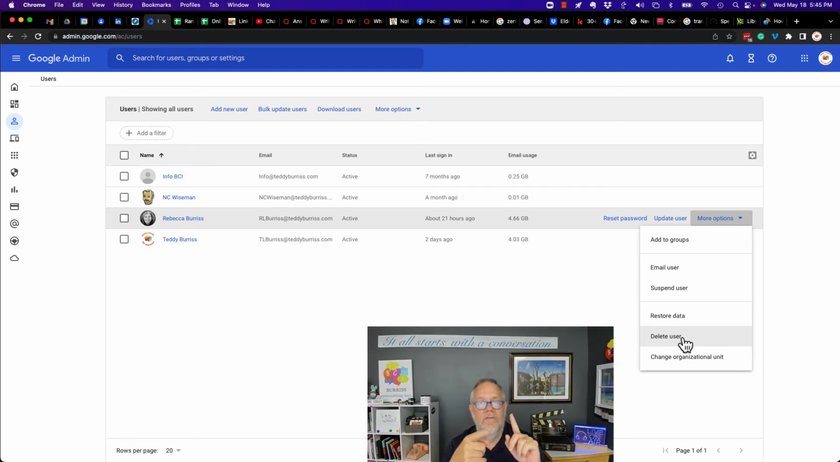Gmail, it's either you have an account or you delete an account. Google Workspace, you have an account or the domain administrator can suspend your account or it can delete your account. And there are options when you delete an account as a manager to be able to move their content to